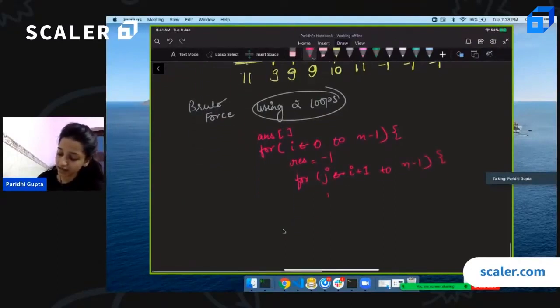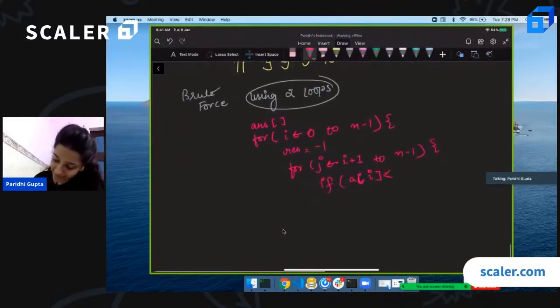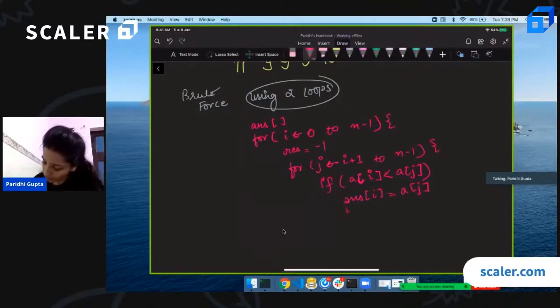You can check if a[i] is less than a[j], then simply put result equal to a[j] and break from here, because you just have to find the first larger element. You don't have to iterate any further.